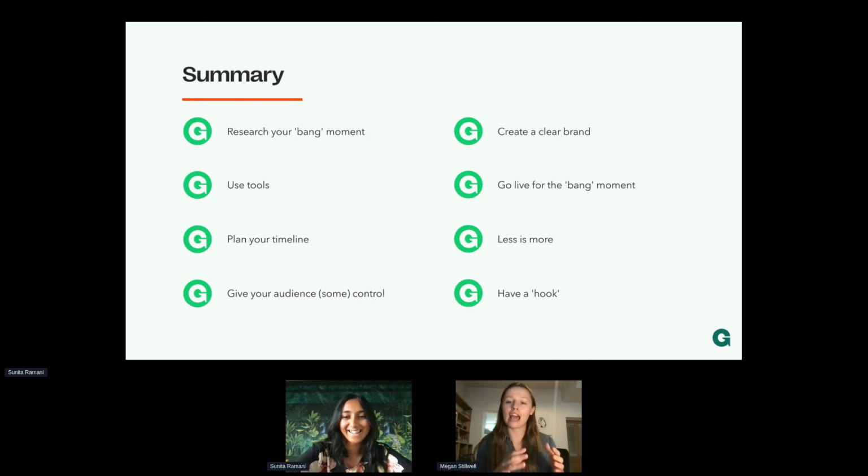Basically, if you have a hub of all of the information that was part of your bang moment, you can then direct people back to it and continually post more content to it and continue with that engagement. Remember to continue to post the evergreen content that you've created. For instance, for the Beyond Net Zero campaign, continue to post the podcast that we've done with leading B Corps, because that content is still relevant today. So that is one way that you can sustain your bang moment, by having all of that information in one place and continuing to redirect to it.